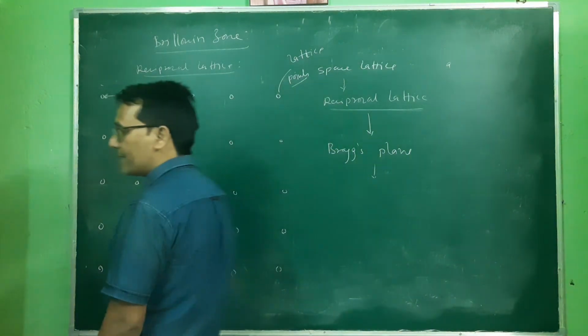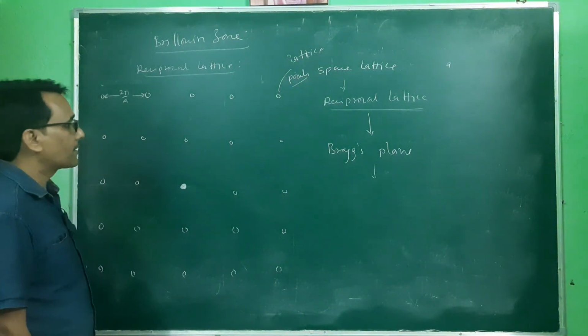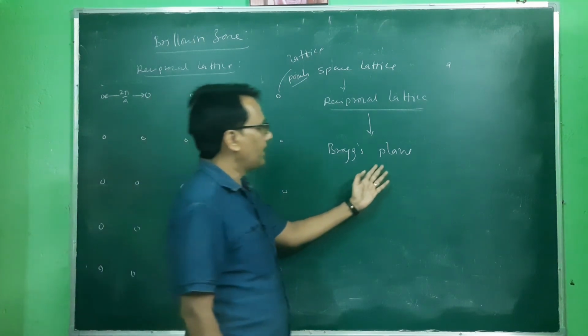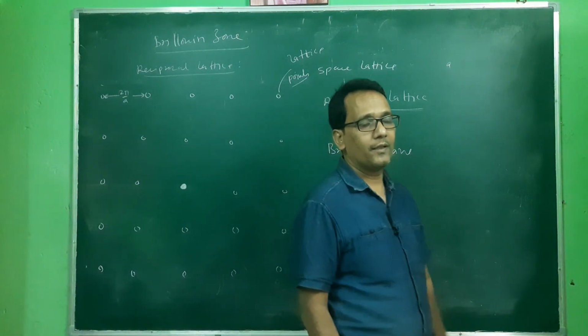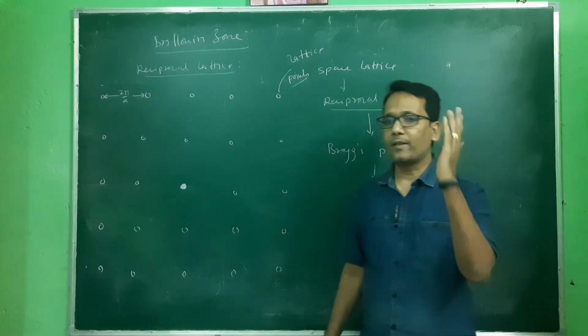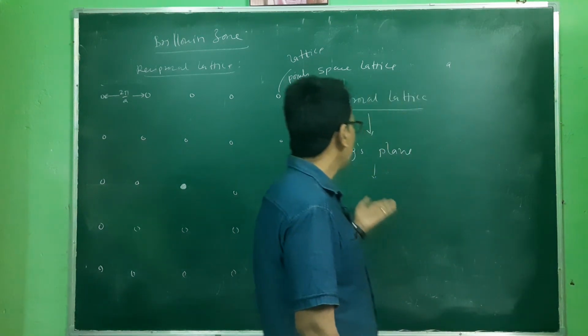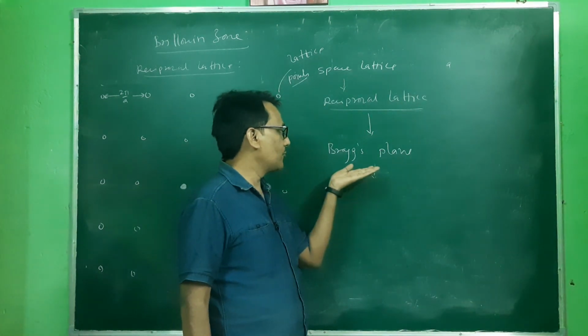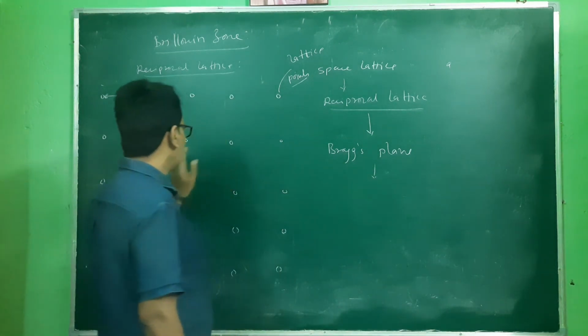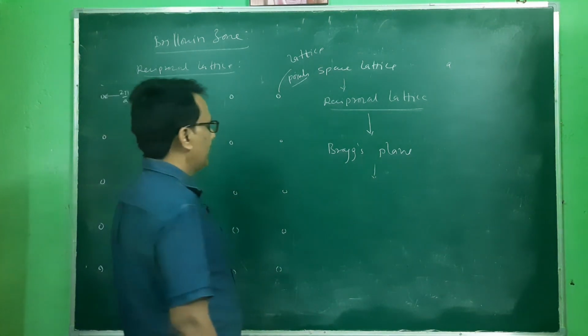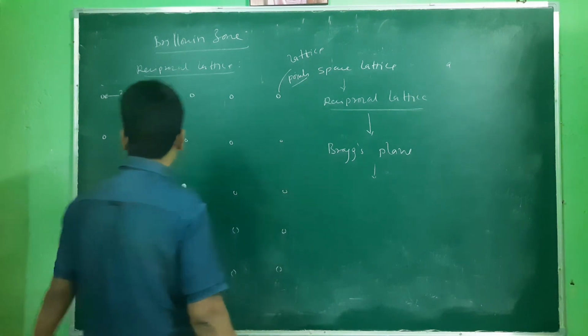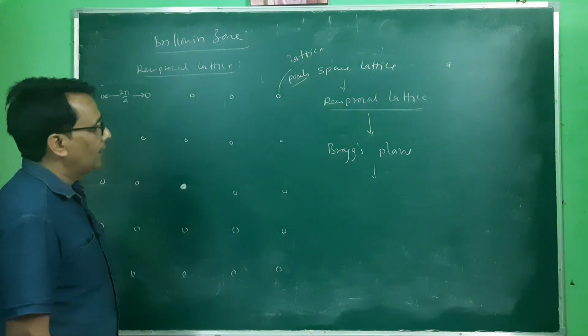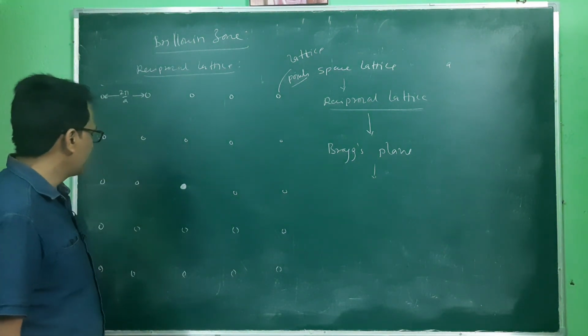First of all, let us see how we can draw this Bragg plane. Initially we defined the Bragg plane as the plane where the end of the lattice vector gets reflected and diffracted, so that diffraction of the electron takes place. That plane is known as the Bragg plane. But here we will define the Bragg plane in a different manner. So how do we draw this Bragg plane in the reciprocal lattice?